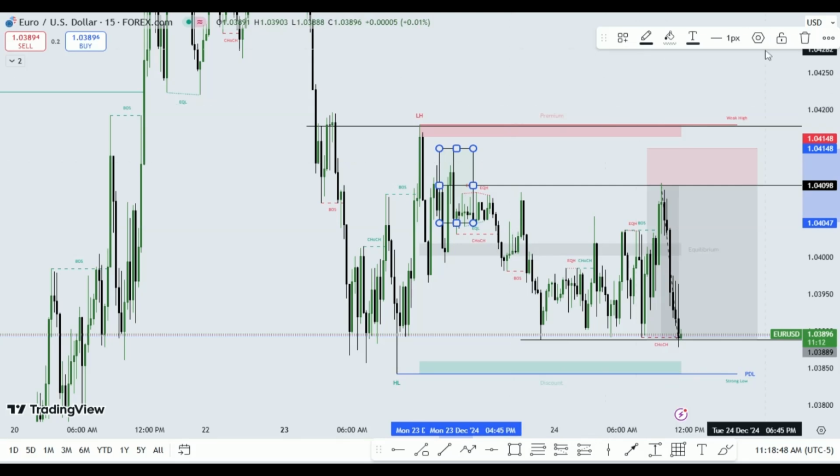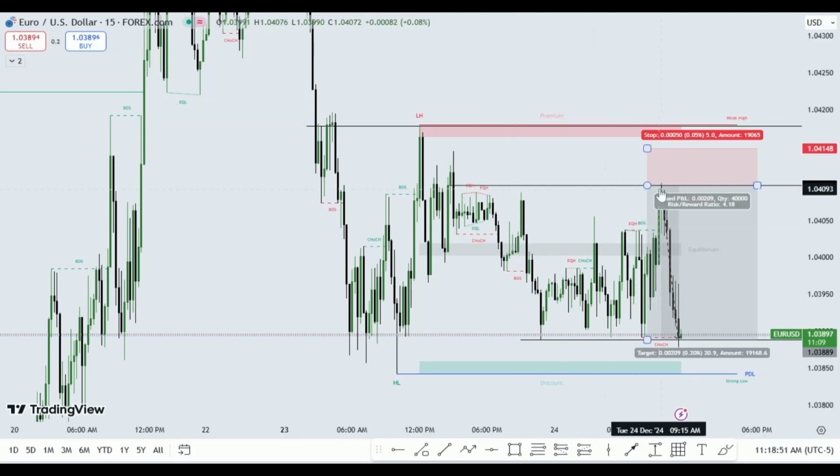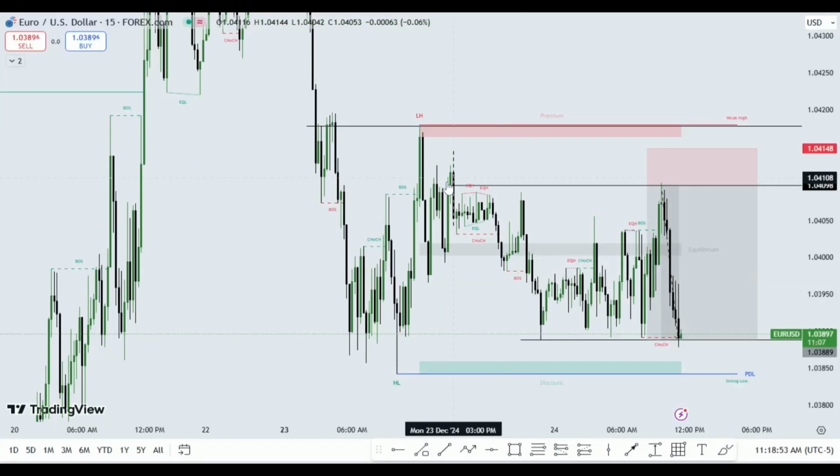Before we enter this market, what is happening? Before this setup,